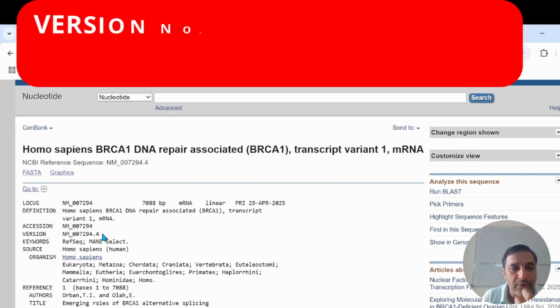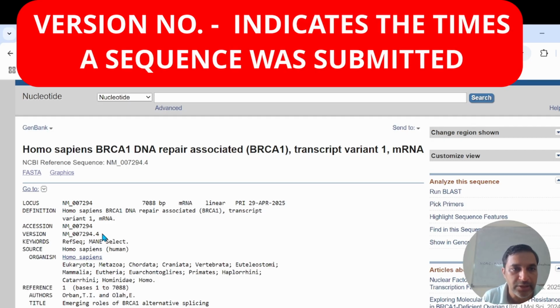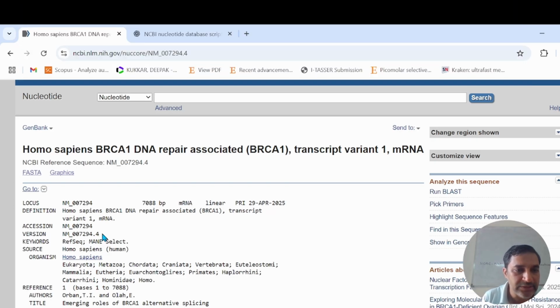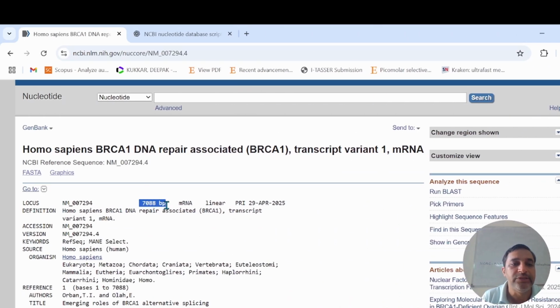.1 refers to the very first version when the sequence was first deposited onto this database, and if it is revised time and again, then your sequence is provided the corresponding version number. So .4 here represents that this has been the fourth instance of depositing this sequence. Moving ahead, you will see the number of base pairs in this gene,